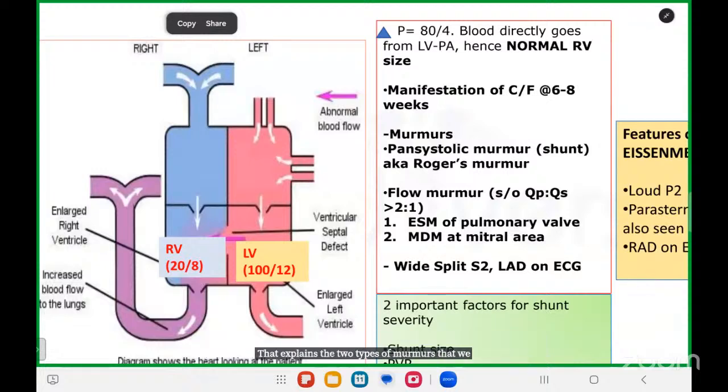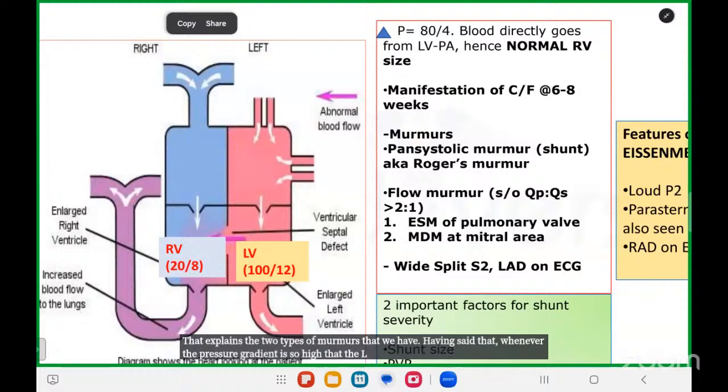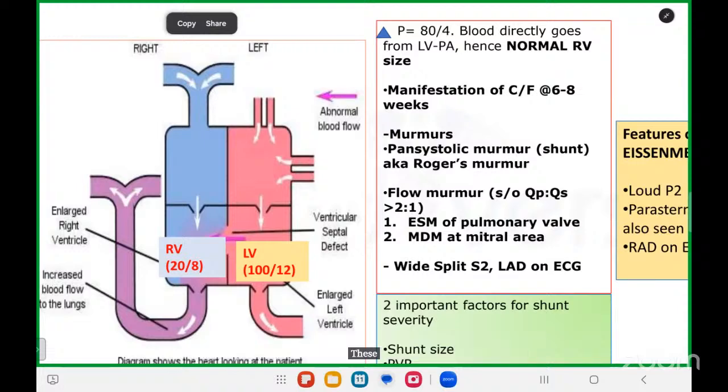Having said that, whenever the pressure gradient is so high that the LV is directly transmitting the blood into the pulmonary artery, these are the conditions where the Qp to Qs ratio